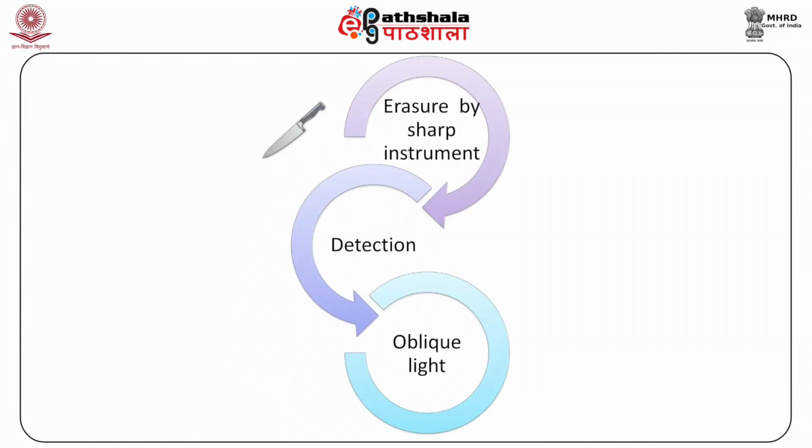The application of a sharp instrument causes disturbance on the surface of the paper, or you can say on the finish of that particular paper, and this can be detected by examining the document by oblique light, that is by a beam of light falling at a low angle. That is, if the paper is here, light travelling in a slant manner will be oblique light. So, at this angle you will be able to identify which part of the document